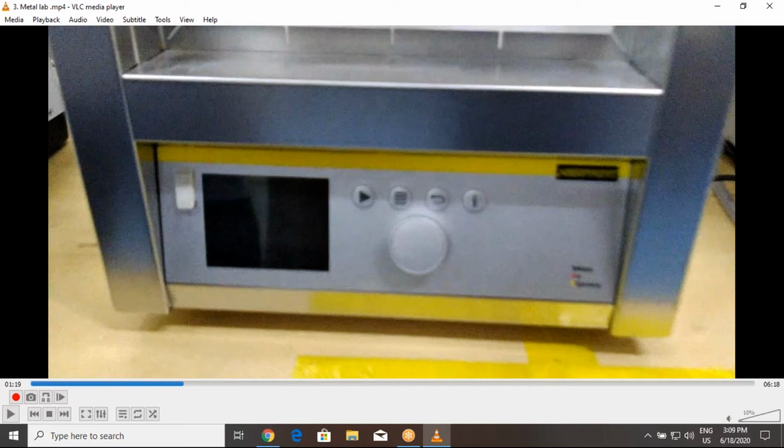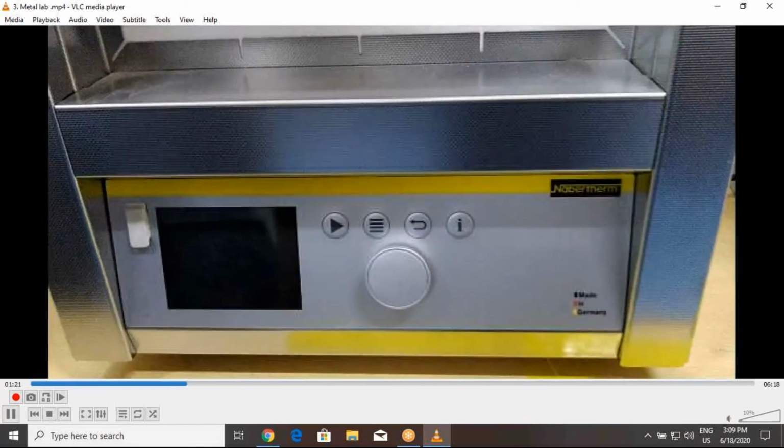If you go for cobalt chrome, the holding time is generally 3 hours at 1200 degrees centigrade. If you go for aluminum, the holding time is around 2 hours at 270 degrees centigrade. If you go for titanium 6 aluminum 4 vanadium, it is 5 hours at 670 degrees centigrade here.